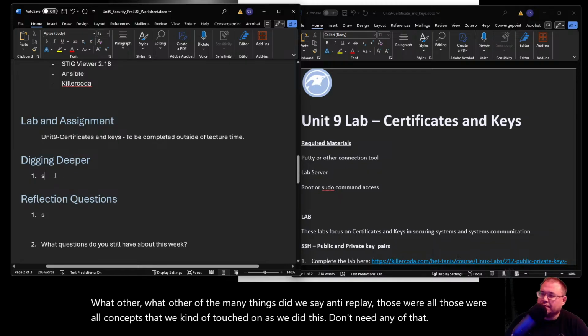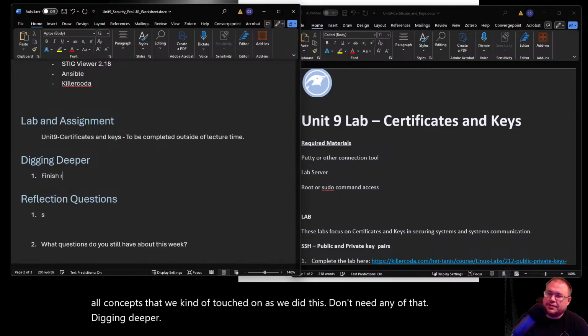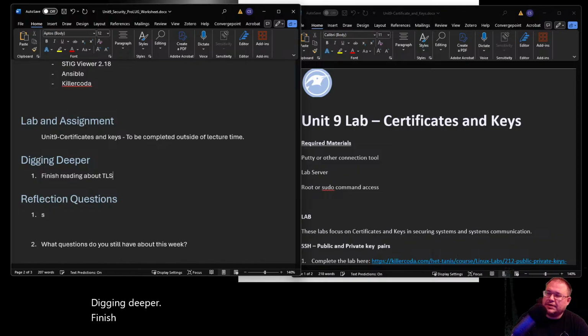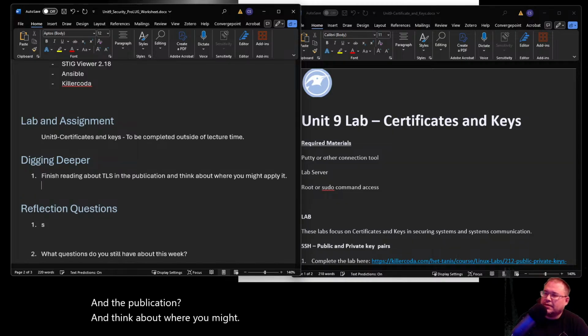Digging deeper. Finish reading about TLS in the publication and think about where you might. That's good, digging deeper. And then reflection questions.